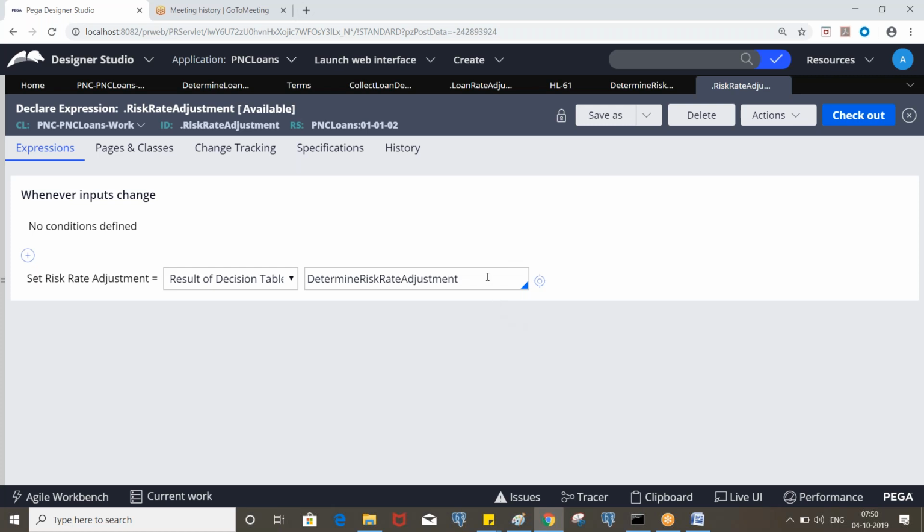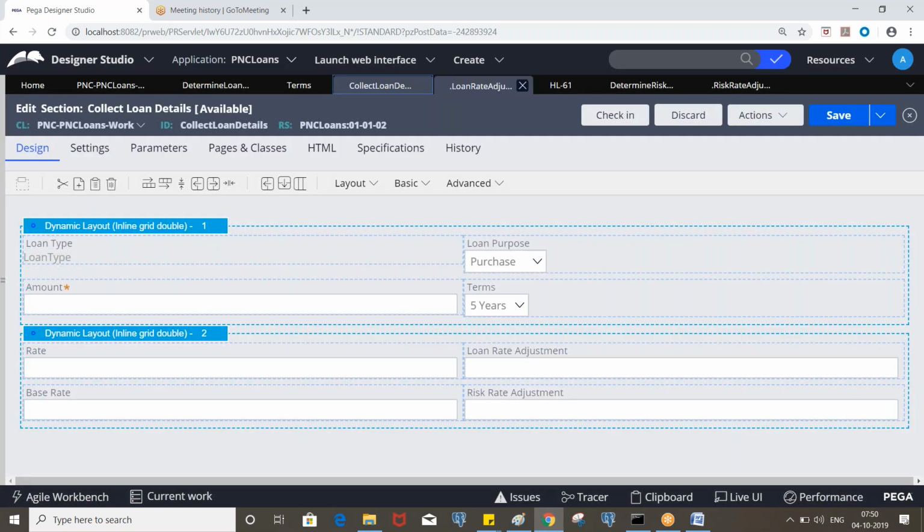If you are able to do it by using these rules, you should not go for activity or data transform. Every time you change the value, it will execute. Okay. So now let's test this scenario.